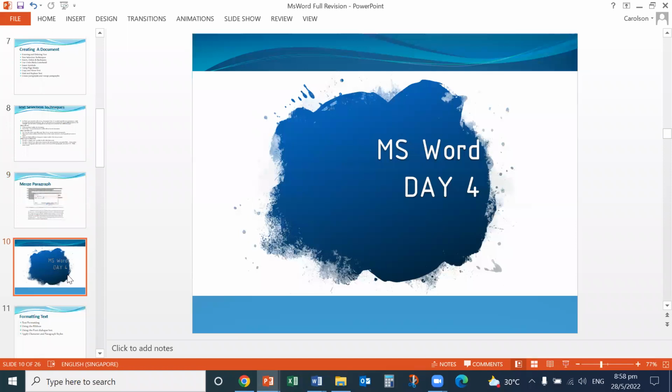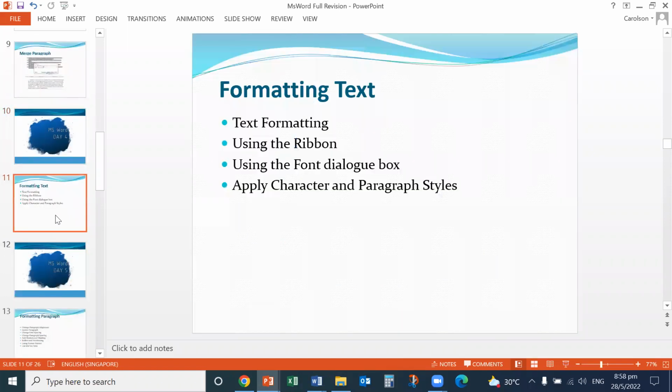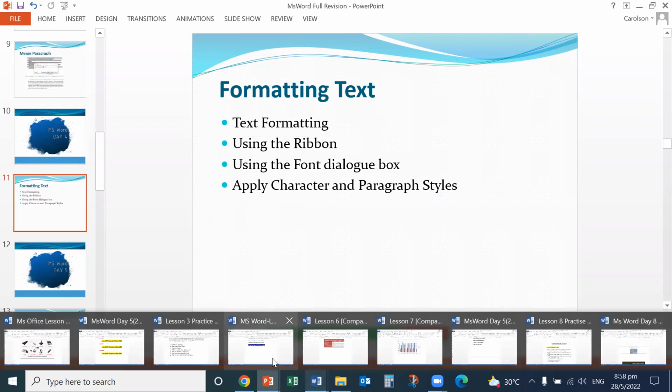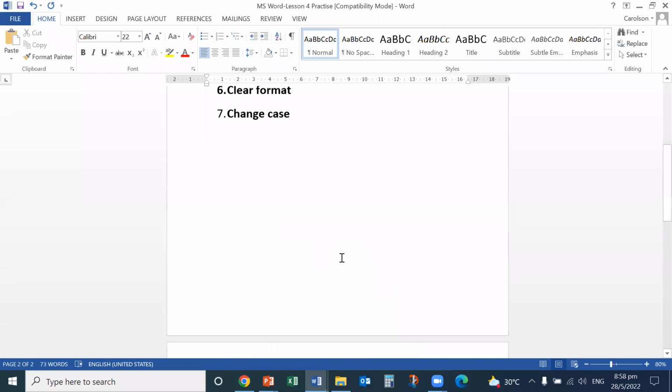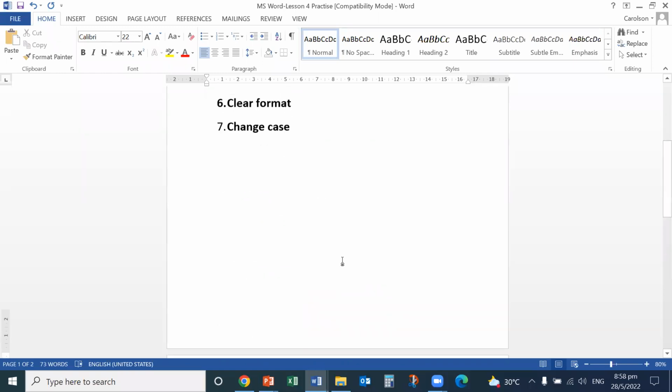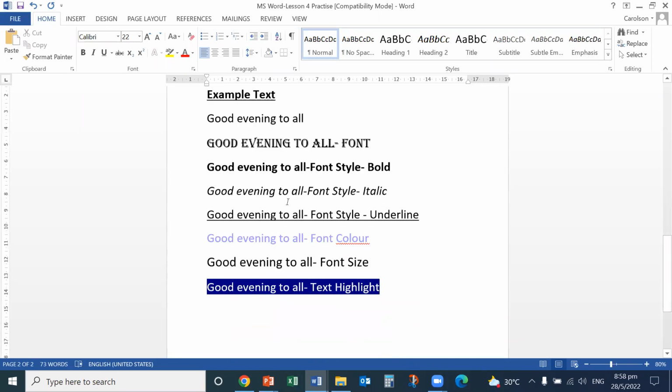Then lesson 4. Lesson 4 onwards, I think this is quite easy for all of you. Okay, so lesson 4 is formatting. So this is very easy. How to do the formatting? Select, you can change